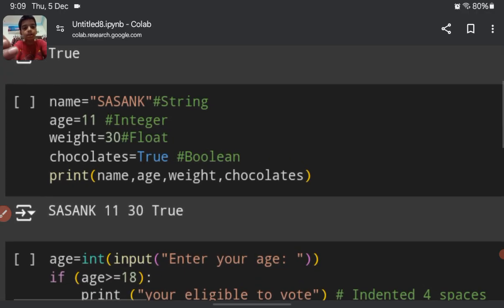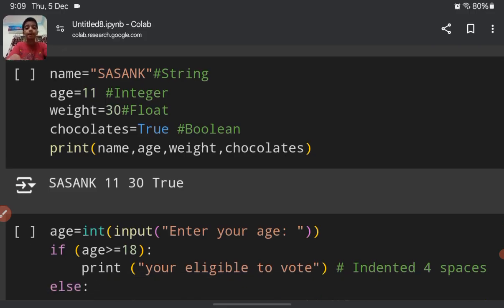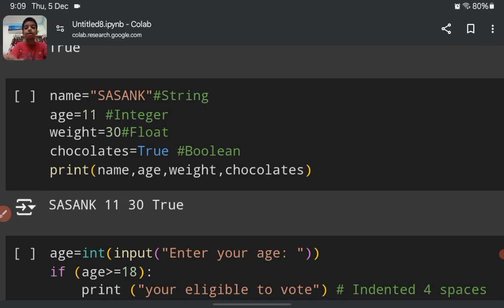Four major things are important for our coding. First, string is a thing where a name is noted. Integer is a thing where we will write any number which is important, like age. Weight is float